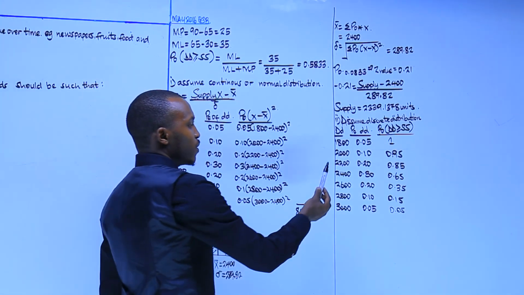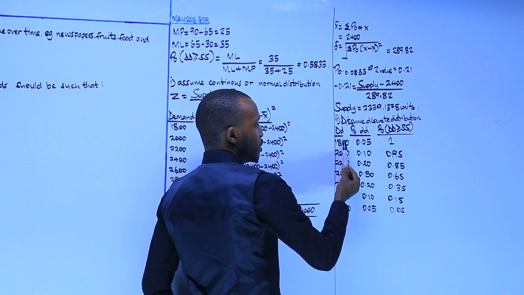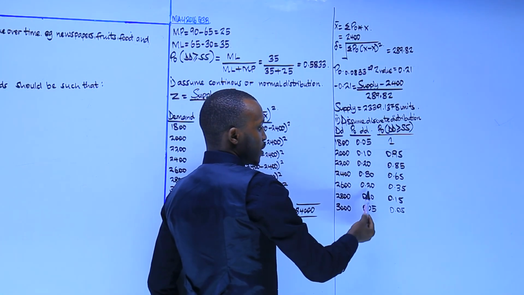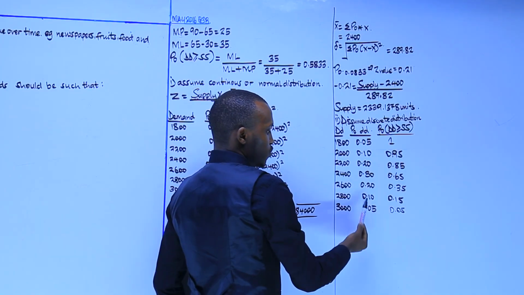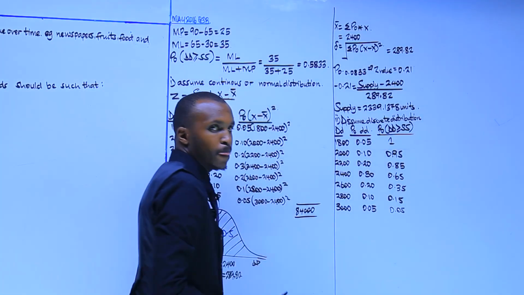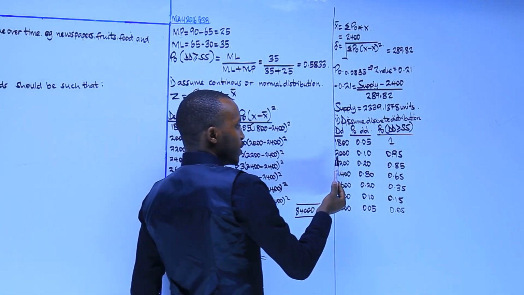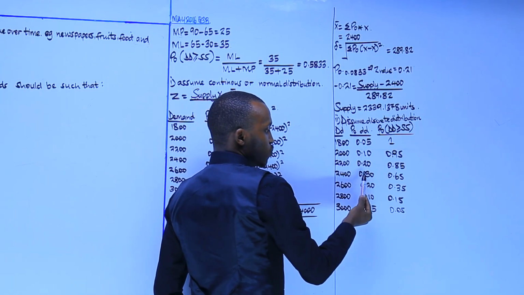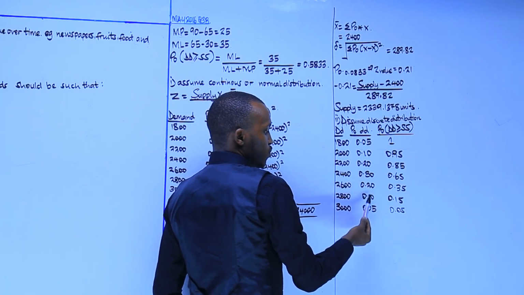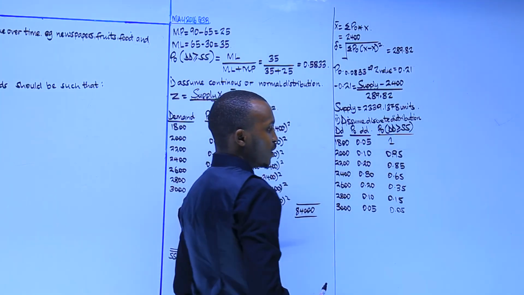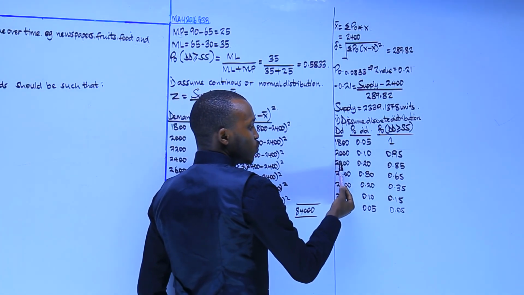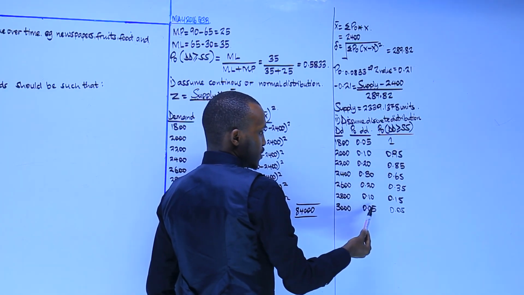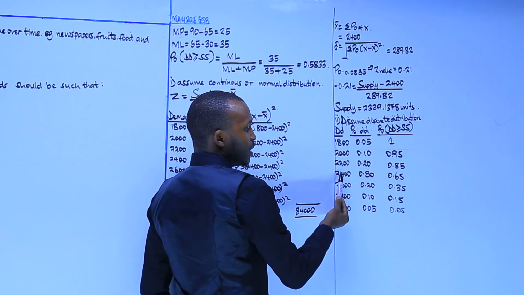Demand of more than or equal to 1800 is 0.05 plus 0.1 plus 0.2 plus 0.3 plus 0.2 plus 0.1 plus 0.05, which is what? 1. Okay. Demand of it being 2000 and more than 2000 is 0.95. Demand of more than or equal to 2200 is 0.85. Demand of more than